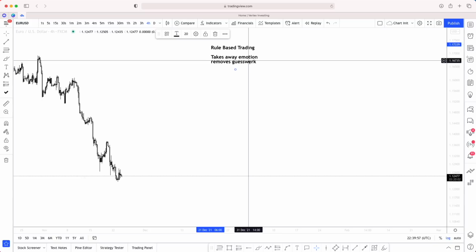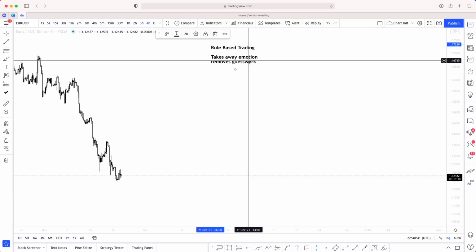Now, with strategies, what I've seen is that various strategies have several types of entries. The problem with that is, if you're looking for entry type 3 or entry type 2, you're going to miss entry type 1 or entry type 5 playing out right in front of you, purely because you're so fixated on those other two entry types. What we do at Vertex is we have such a rule-based system that we have a set of rules that need to play out. Otherwise, we don't take the trade. And what I'm going to give you guys today is a basic rule set that you can apply to your own trading.